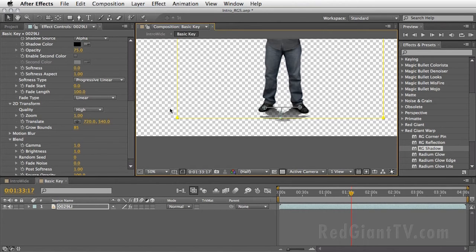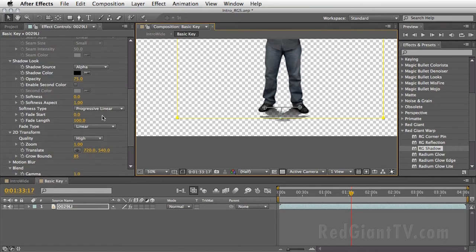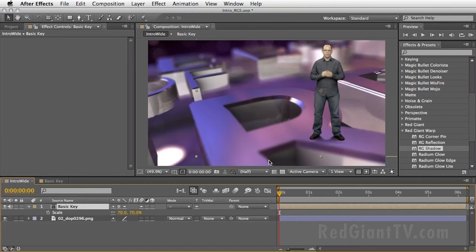Okay, so let's do the initial settings over here. So maybe change the softness a little bit more. I will give it somewhere around maybe 80, and also fade the length out to somewhere around this neighborhood. And I think that this should look fine, but in order to check it, we must return to the intro wide composition. And once again, it looks fine,